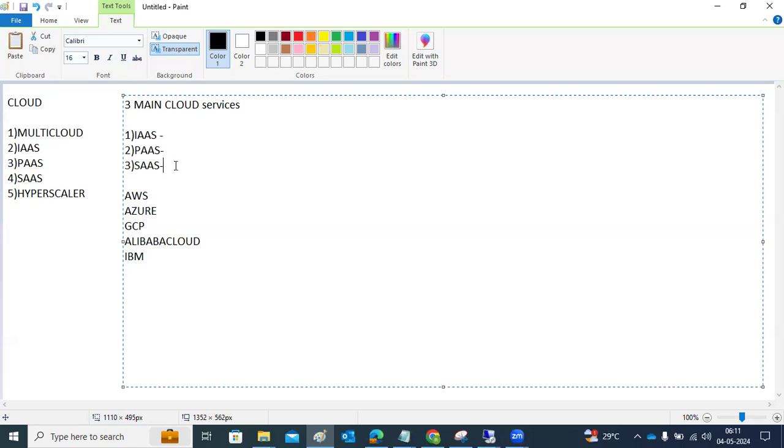Software as a service means taking the rent of the software instead of buying it. Okay, so those are the things here. Apart from that,